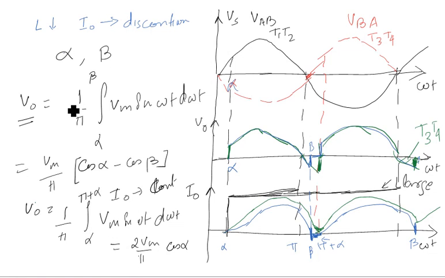Because this negative half cycle is coming, how will you remove it? We have seen in the single phase half controlled rectifier that we put a freewheeling diode to replace it. Later on we will discuss it. You can also calculate the V naught RMS value for this and for this, so better calculate the V naught RMS value.